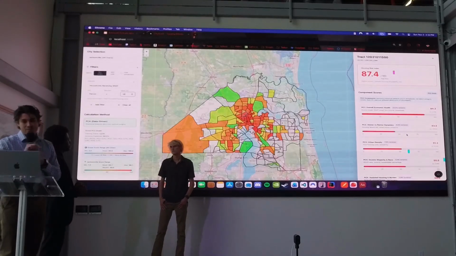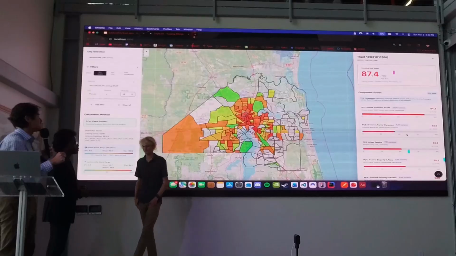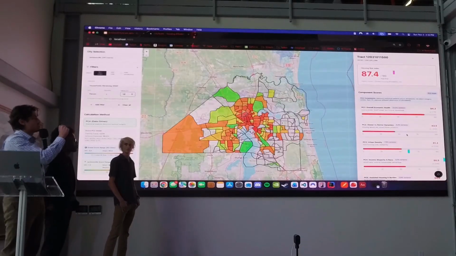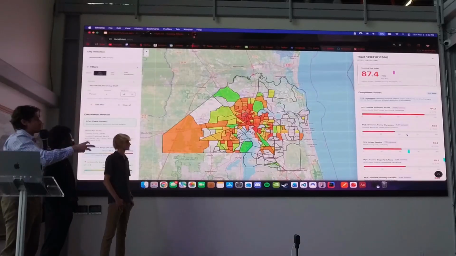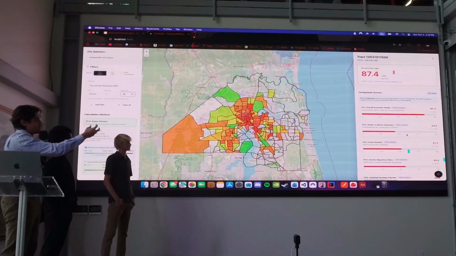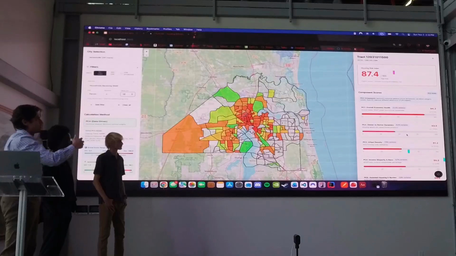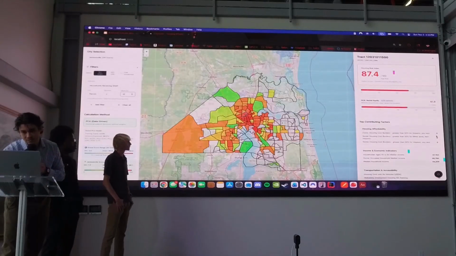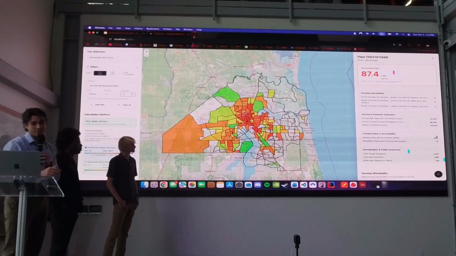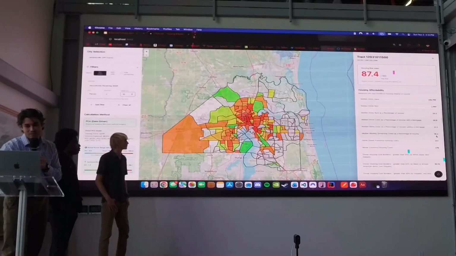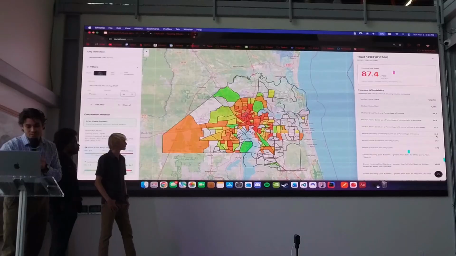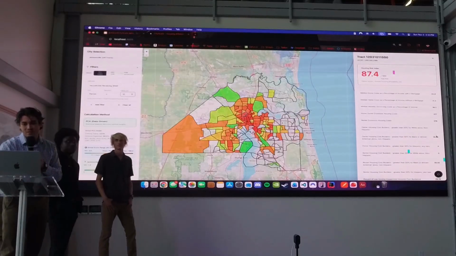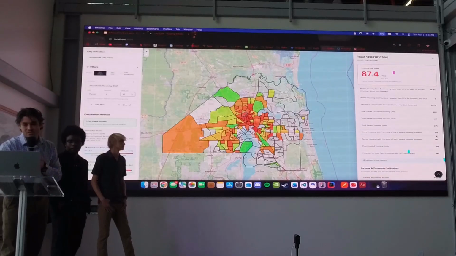On the right side, we have that housing risk index score at the top, and then broken down, we have a specific score for each PC, and then those are massaged into the overall score. And then just here, we also included all of the factors that are part of the data set, just again for visibility, so that you're not just looking at one random score, you can actually see what is affecting each of these tracts.